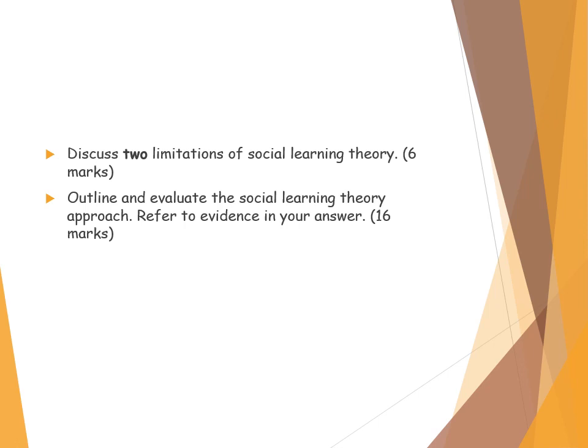So your AO1 paragraph, first paragraph, talking about the idea of the assumptions, vicarious reinforcement. Imitation is more likely to happen when the role model is of the same gender or similar age, or they have a high status, such as celebrities. I'm going to talk about the idea of the mediational processes, so the acronym ARM: attention, retention, motor reproduction, and motivation, and a description of those, and the idea of vicarious reinforcement in there.